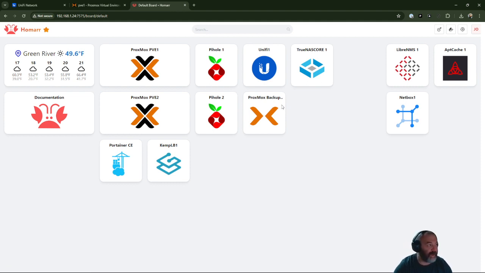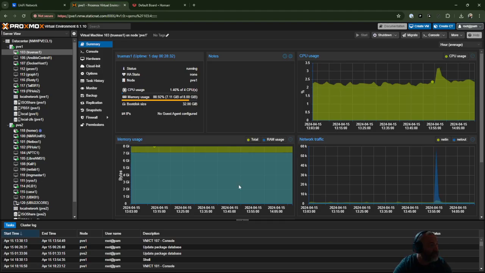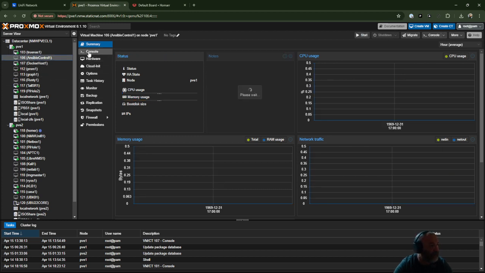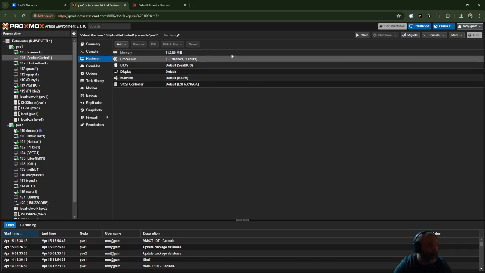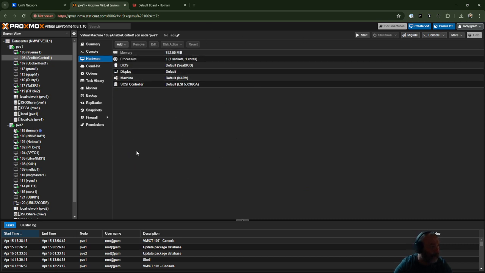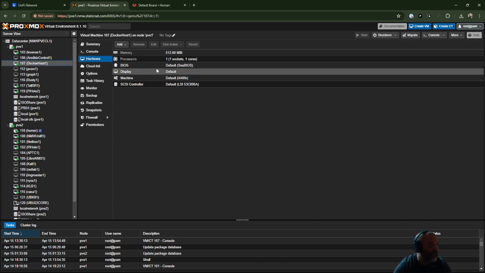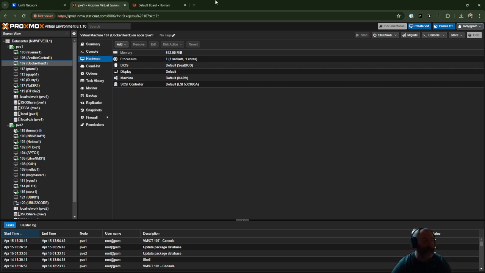And it's just running in one of my VMs, which is this Docker host right here. I'll just pull the hardware up real quick. 512 of memory, 1 processor, 1 core, Linux, all really plain Jane. Nope, that's the Ansible controller. Didn't click right. No, it's not. Ignore me. Maybe you should start ignoring me on a lot of stuff. But anyways,